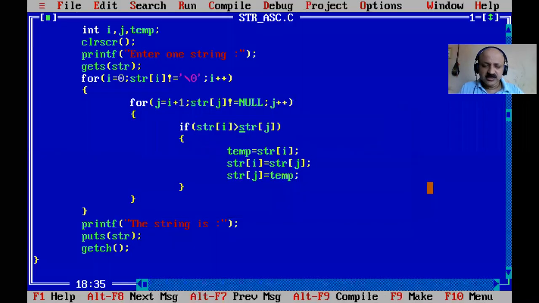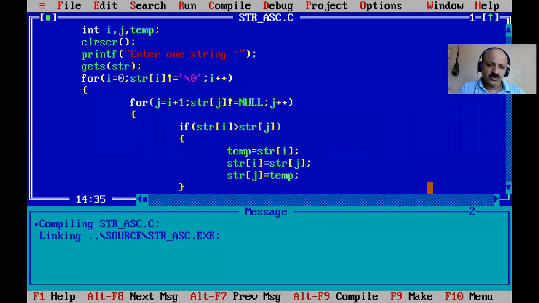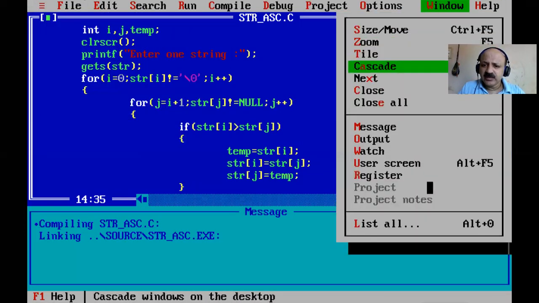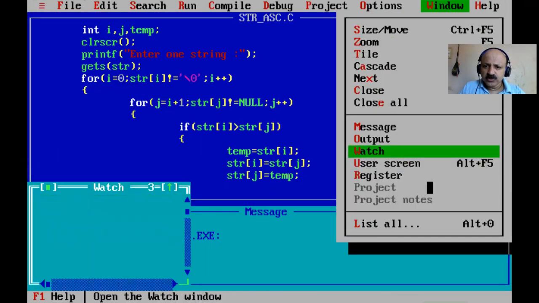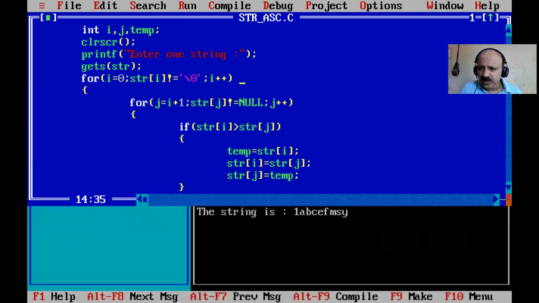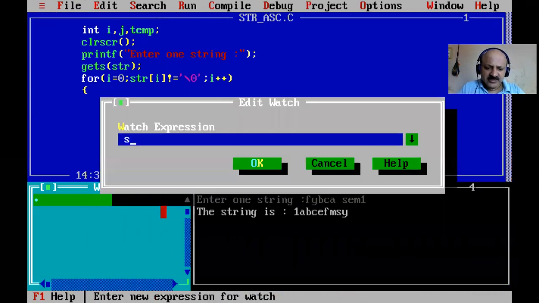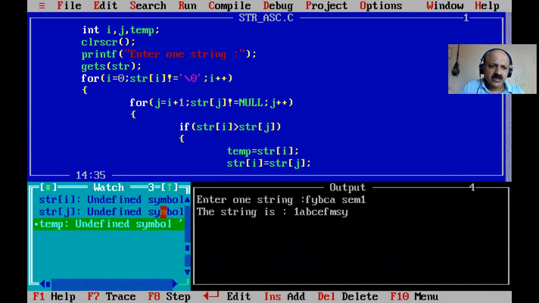So yes, I think yes, now let's take a watch. If we can take a small example, not a big one, like madam or any one word. So here we can use greater than. Here the watch window, yes, and then we also take our output window. And now I has only 5 characters we have to check. Okay, so here str of I and str of j, yes, something, and then temp, yes. So I think that's complete.